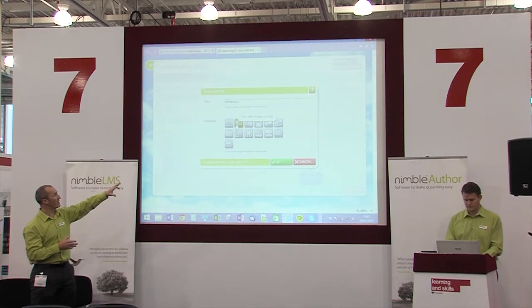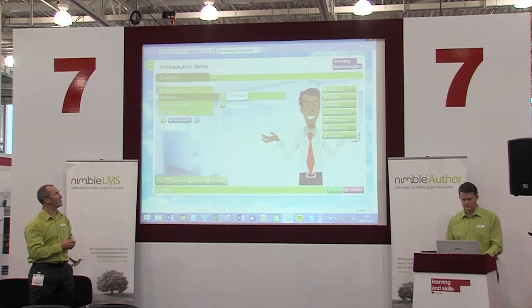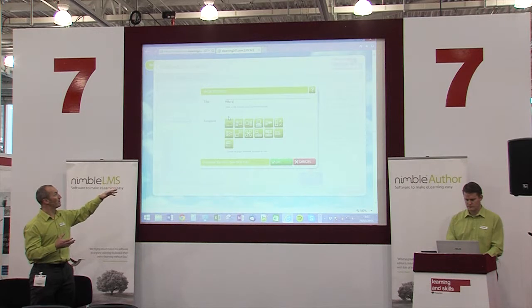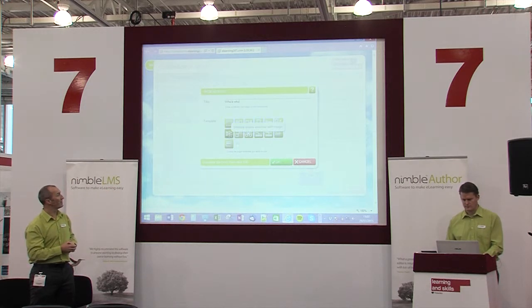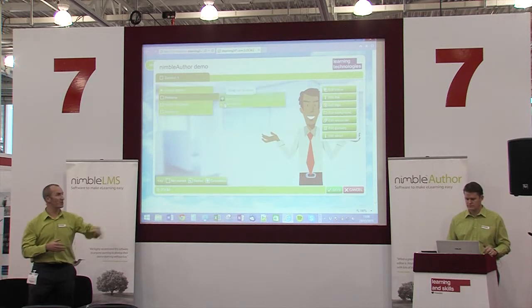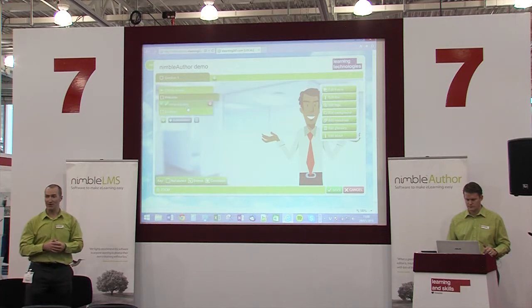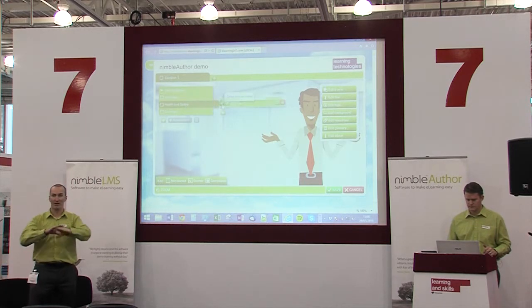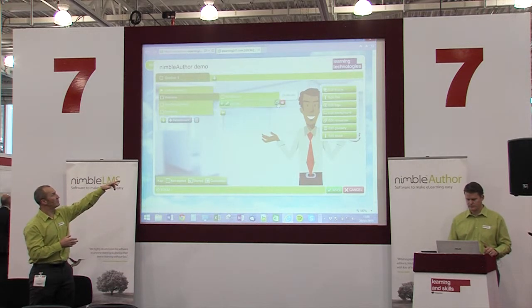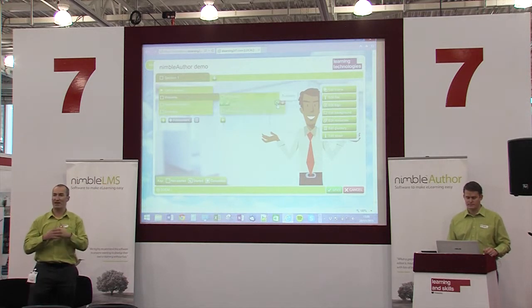So we provide a range of templates, all the staple templates that you might want to create an engaging course, from multiple choice and drag and drop to text input exercises. And you build up the structure like this. Now, if you change your mind about where you want to put things, you can drag things around really easily. So again, you can very quickly construct the shape of your course. The other thing you can do is you can duplicate your pages. Again, it's really good for templating.